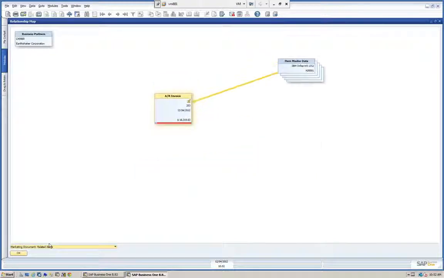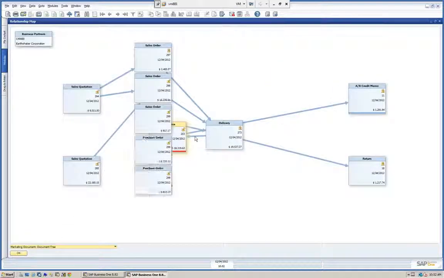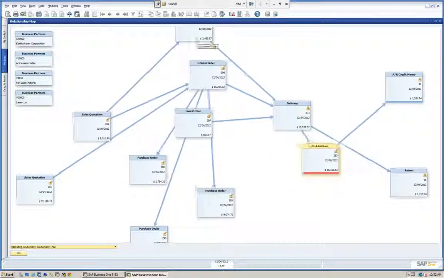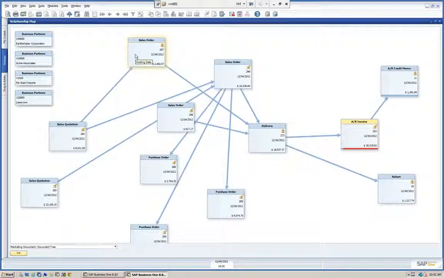We can also do it from the related items. You can see here. We look at the documents involved. Again, we can see the information. So you can see here where we're going from. So we have our starting. We can see here that we have our sales quotations, which are our base, and you can see how we move these